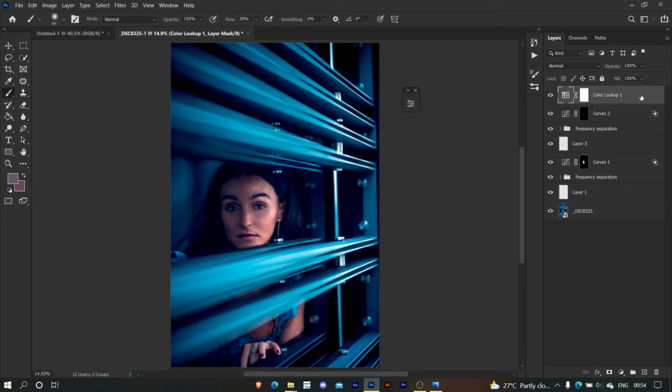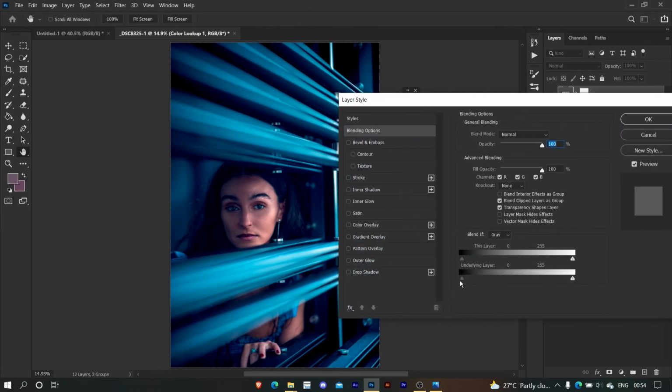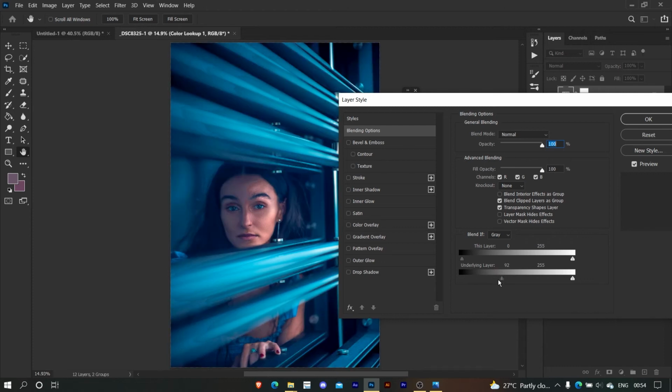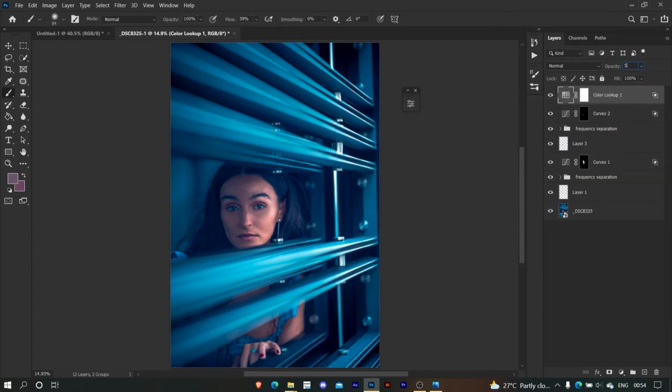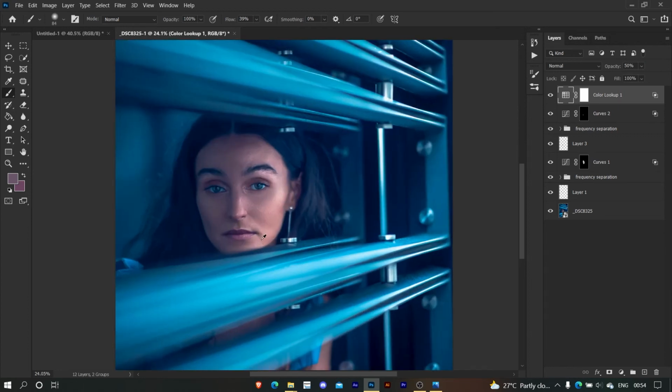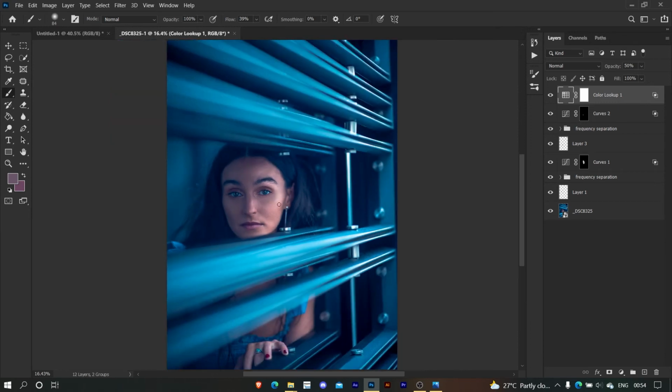So you guessed it right, we'll use the blend if. We'll go to the underlying layer and then separate it. Don't worry, it is looking overdone, so we'll reduce the opacity a little. Just break it apart and then reduce the opacity to 50%. See, this is before and this is after. You can only paint over the highlights also, but this looks better. It is giving a golden skin type effect to the skin.